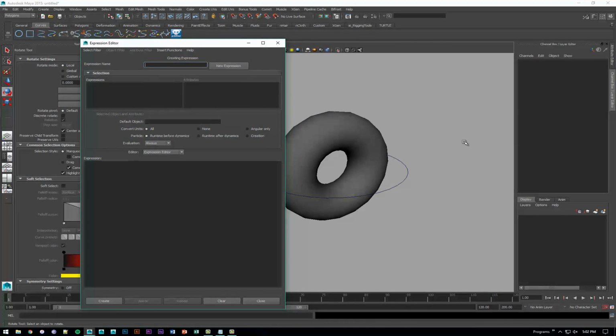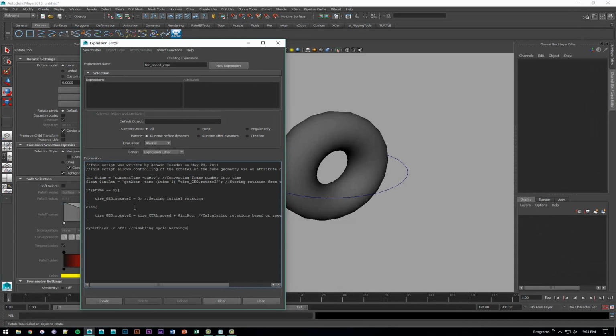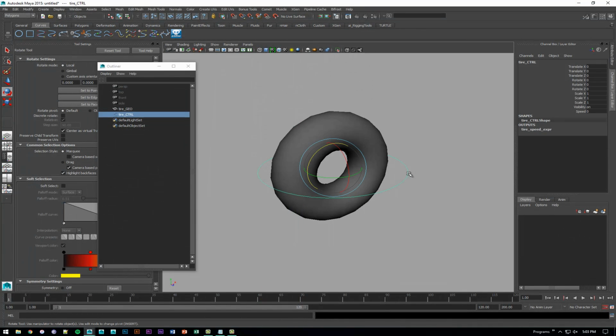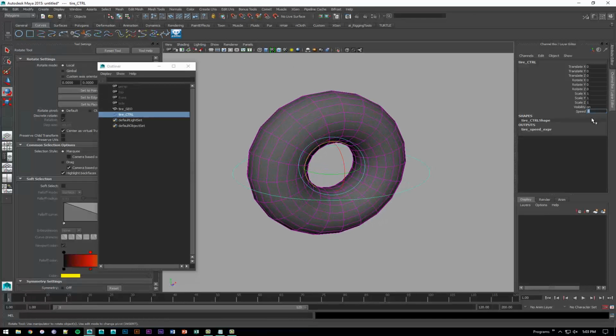So let's start out by giving our expression a nice name. I'm going to say tire speed expression. And I'm going to paste the script in here. And I'm simply going to say create. And there you go. If I have this selected now, I change my speed to 5, press play, change it to 10,